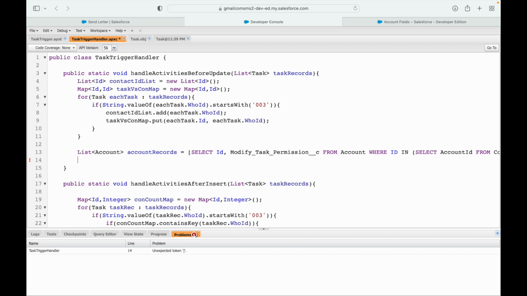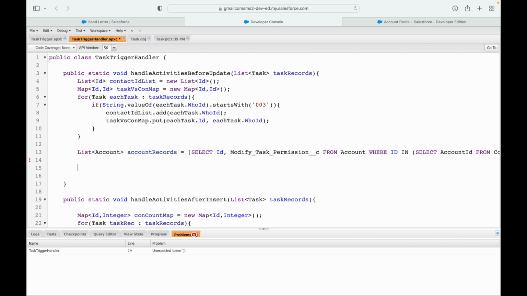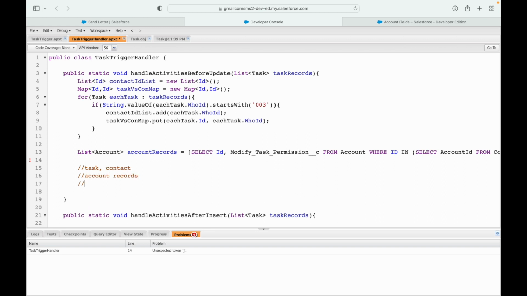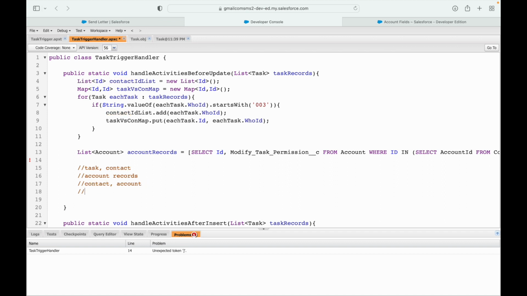I'll tell you what I'm thinking. I have a map that is of type task comma contact. And then I have account records, but I need to link with this particular map. So I need another map that can have the key as contact and give me the account record, right? And in order to do that, I have to have this map, correct? So let me go ahead and